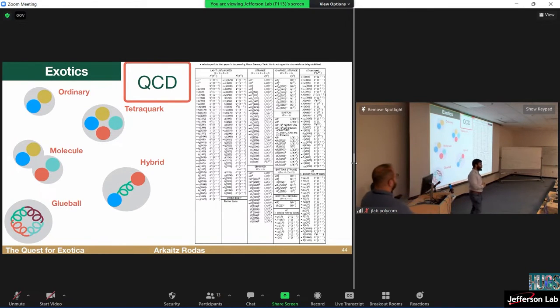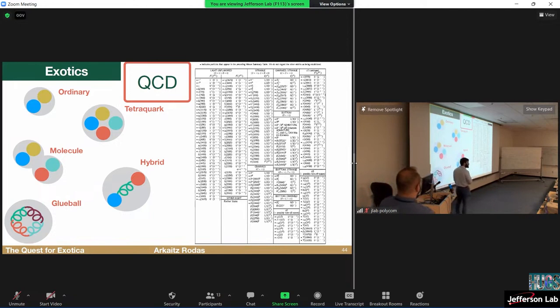So, to introduce the things we've been talking about, these are some examples. We have again the full list of mesons. This is QCD, and this is what we've been talking about today. But there are many more that can happen, right? We could have tetraquarks, a pair of quarks with a pair of antiquarks. We could have what we call molecule-like components, for example, two pions bound together, mediated by a remnant of the force. In principle that also happens in nuclei.